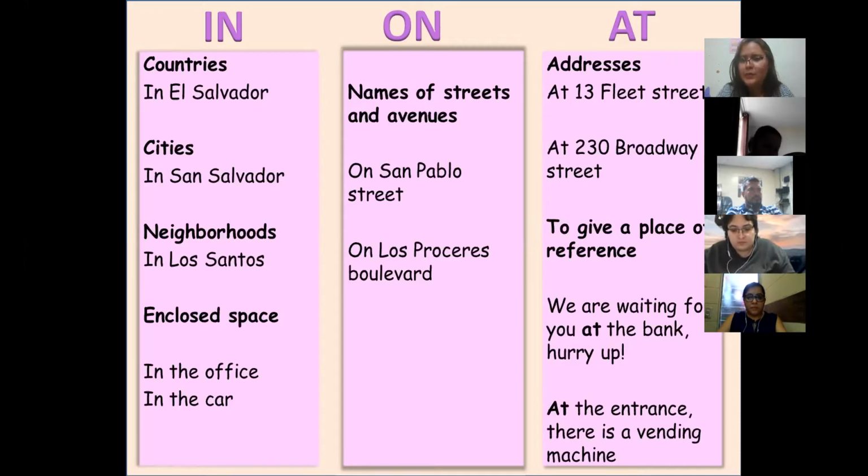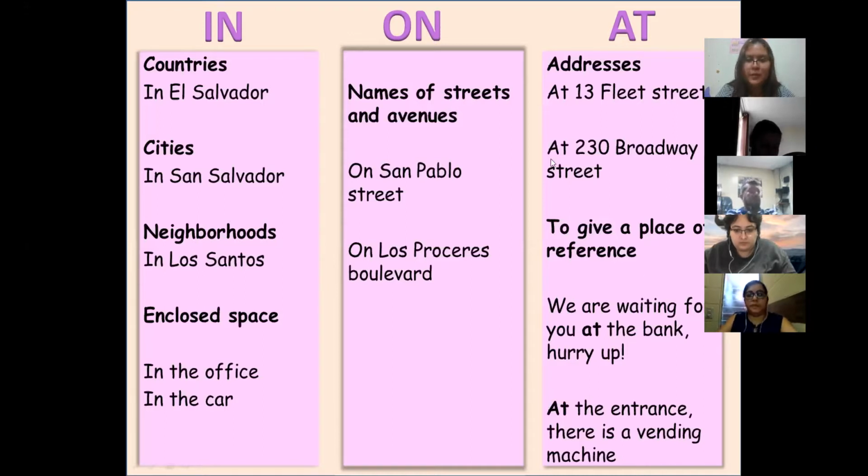Hey, where are you? Maybe somebody calls me, Jancy, where are you? And then my answer is, I'm here at Rosales Hospital. I'm here at Rosales Hospital. It doesn't mean that I am inside the hospital. It means that that is the point of reference. You will go to the hospital and I will be outside near the street. But if I say in the hospital, then it means that I am inside the hospital. That's why it says enclosed space, because you are inside the place, okay?